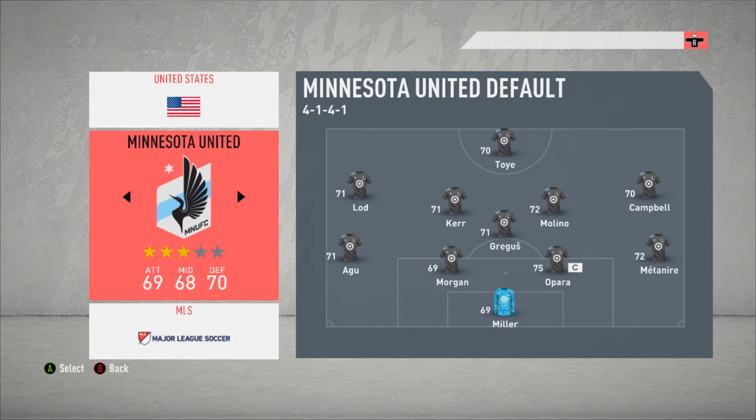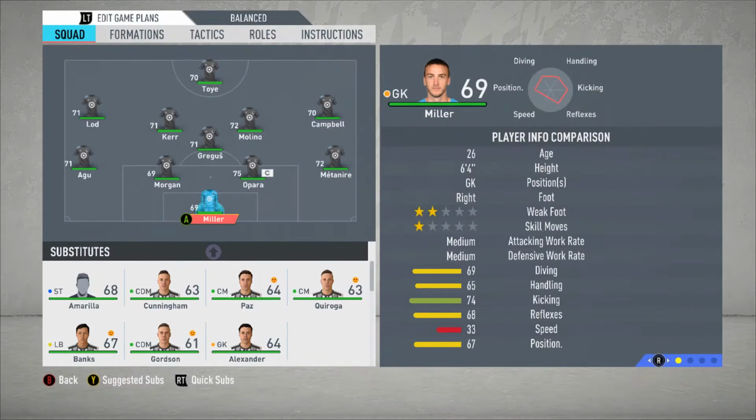We have a 69 rated offense, a 68 rated midfield, and a 70 rated defense. We will be lining up in a 4-1-4-1 this season. We'll have Miller in goal, Opara and Morgan at center backs, Metnair at right back, Agu at left back, Gregus at defensive mid, Molino and Kerr at center mids, Campbell, our new signing, at right mid,